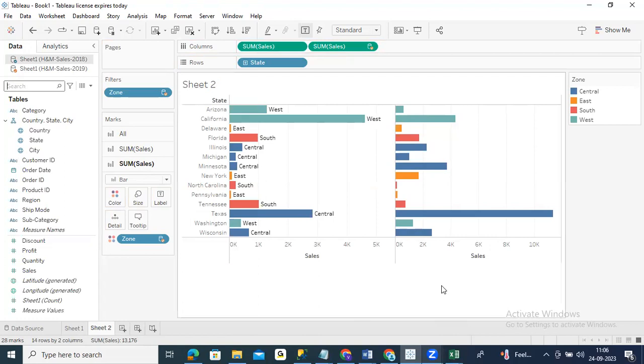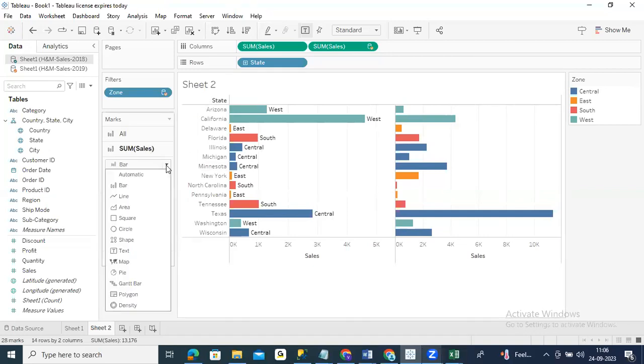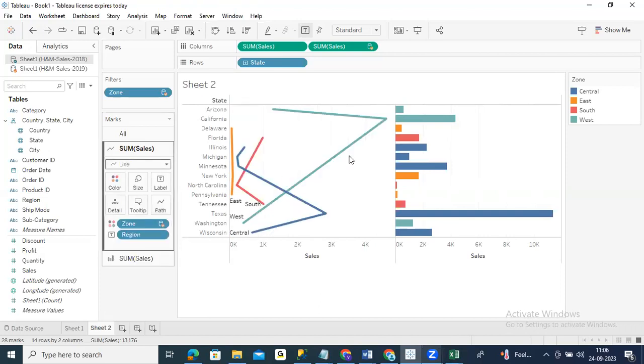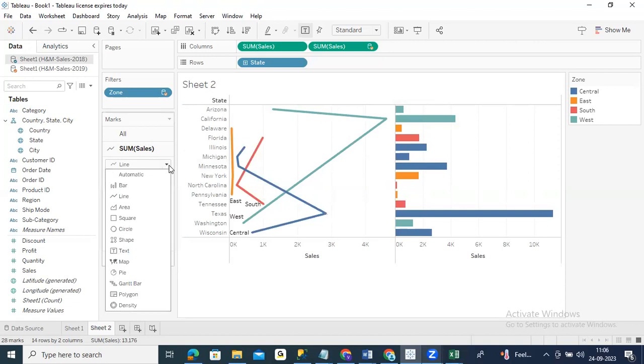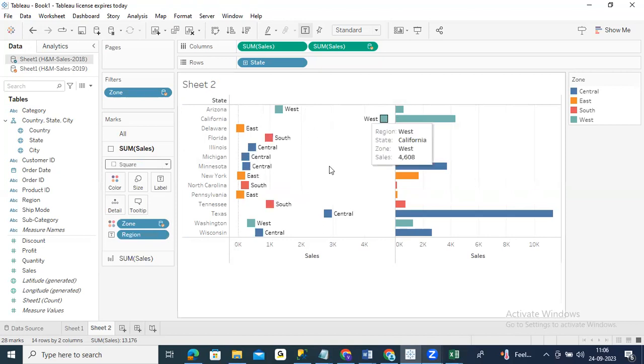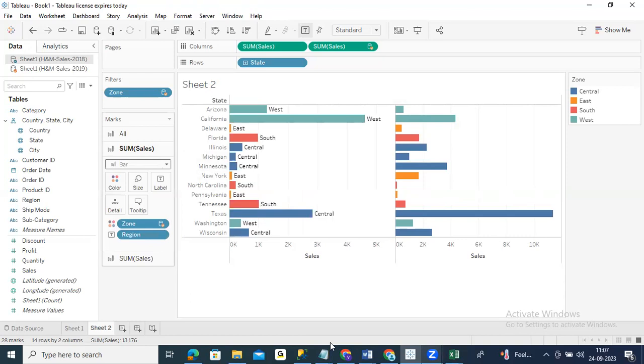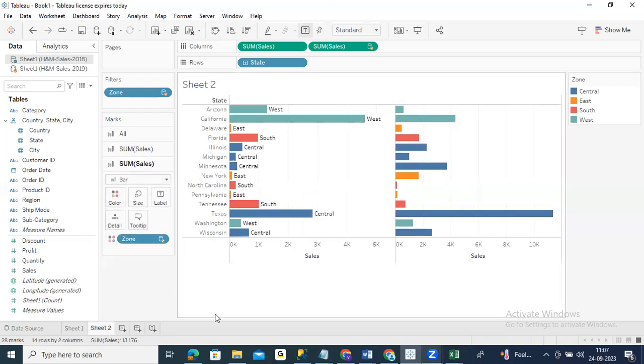So this is what I wanted to show you, how you can do a quick comparison and come up with a chart like this. You can go ahead and change the type of comparison you want to do. Here I have chosen the bar graph. Let me just see, I can choose a line graph also, but a line graph is not a good way to do this. A square, like this also you can do this, but I don't think this is a great way. Bar graph should be the best one. So zone and region,